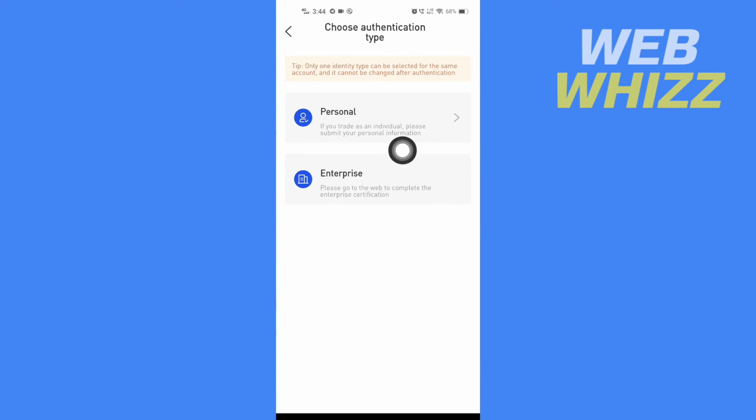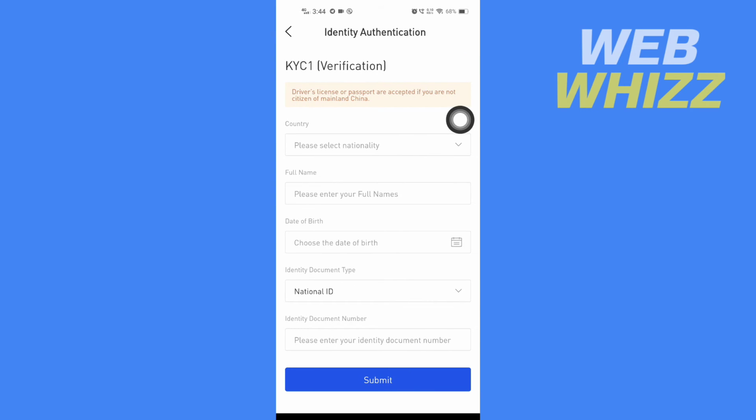and here select personal or enterprise. If you are doing it for yourself, tap on personal. If you are doing it for a company, tap on enterprise. So I am doing it for myself, so I will tap on personal. Then here